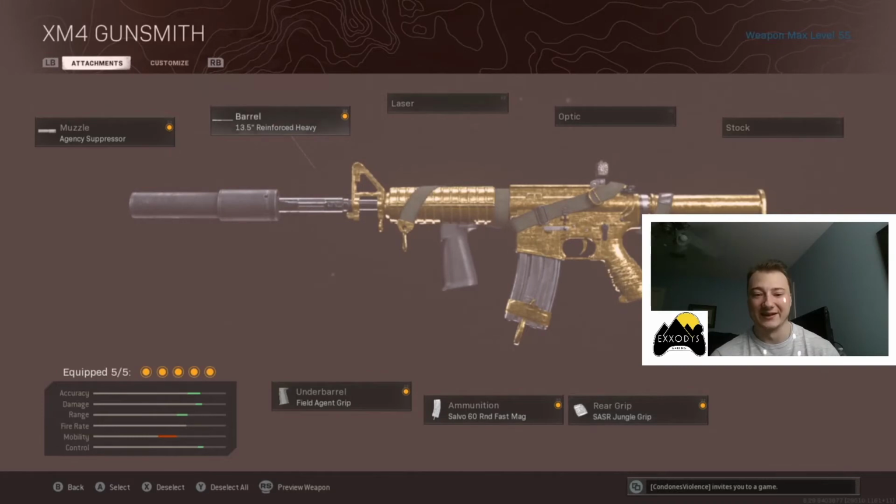With these assault rifles in Black Ops Cold War, I always try to use a muzzle that does a silencer, similar to the monolithic suppressor, which the agency suppressor does use. I try to use a long barrel, the field agent grip, 60 round fast mags, and this fifth attachment doesn't matter so much